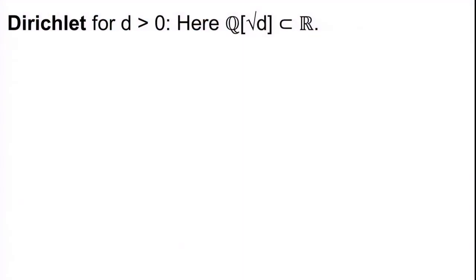So, Q root d is going to be a subset of the real numbers. It is not something which is contained in the complex plane outside real numbers, it has no elements outside the real numbers. Q root d is completely contained in real numbers. It is a very nice thing to try and imagine how all these points are distributed in the real line. But I leave it to you to think about it, but at least we start with this observation that Q root d is contained in R.